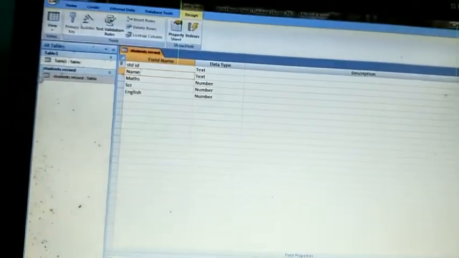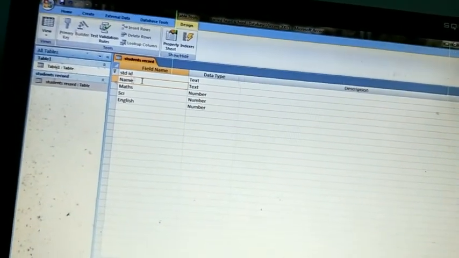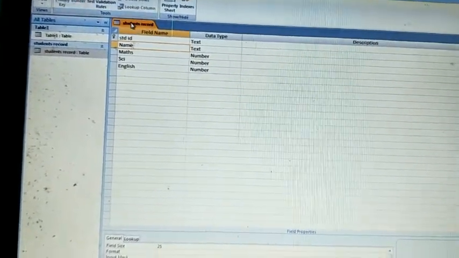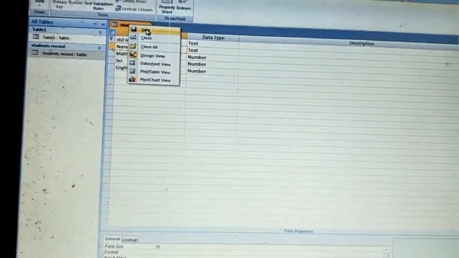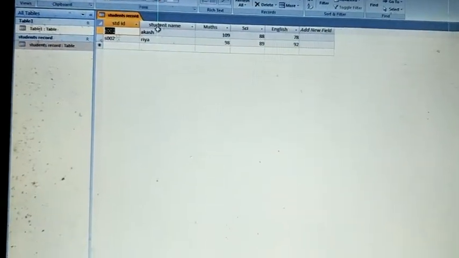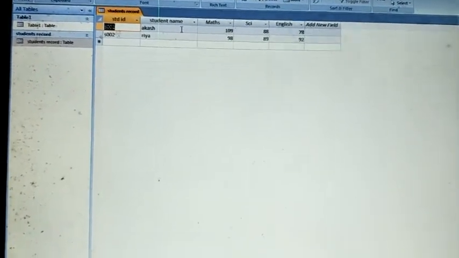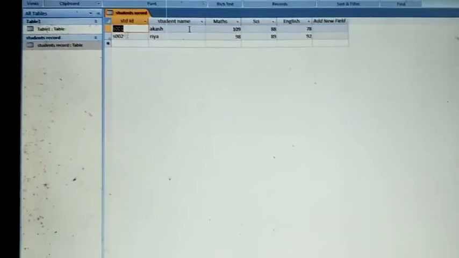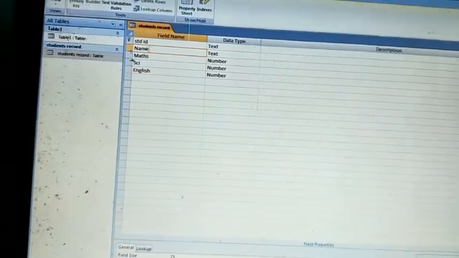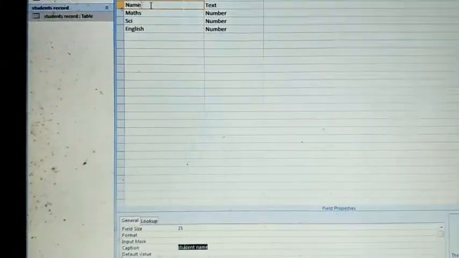So in design view you will see the name field, but in datasheet view you will see Student Name in place of the name field. To see these changes, first you have to save it. Right click on the table and choose the save option. Now after that open it. You can see Student Name, the name of the field has changed, but in design view it is the same. That is the use of caption.